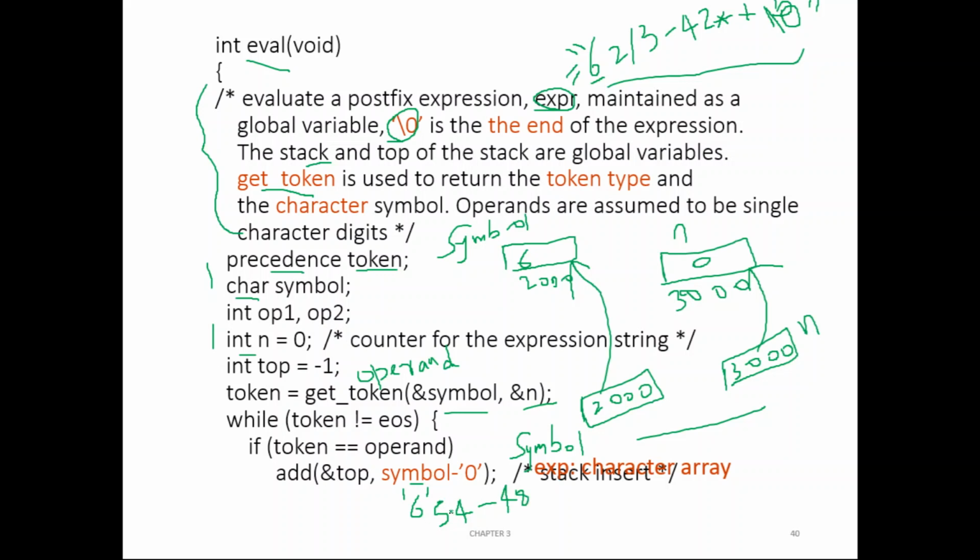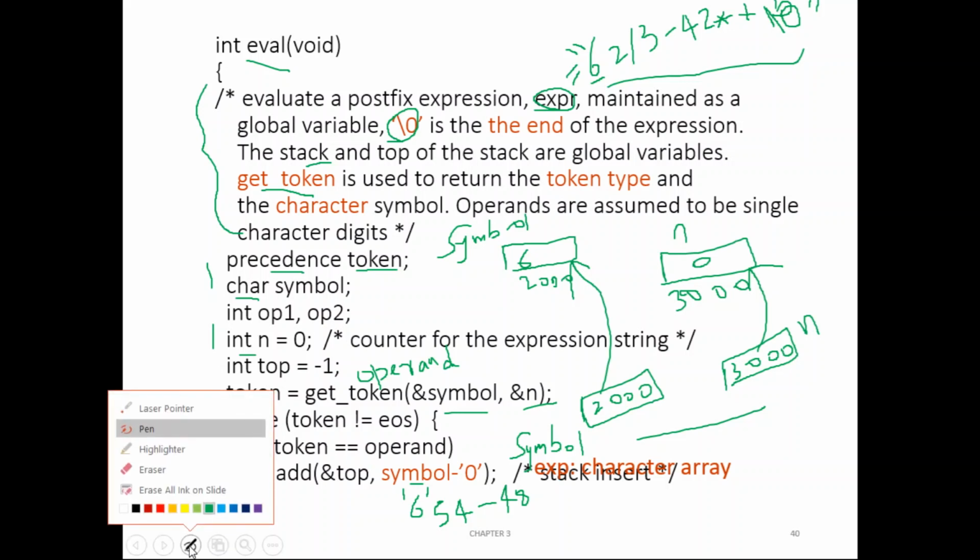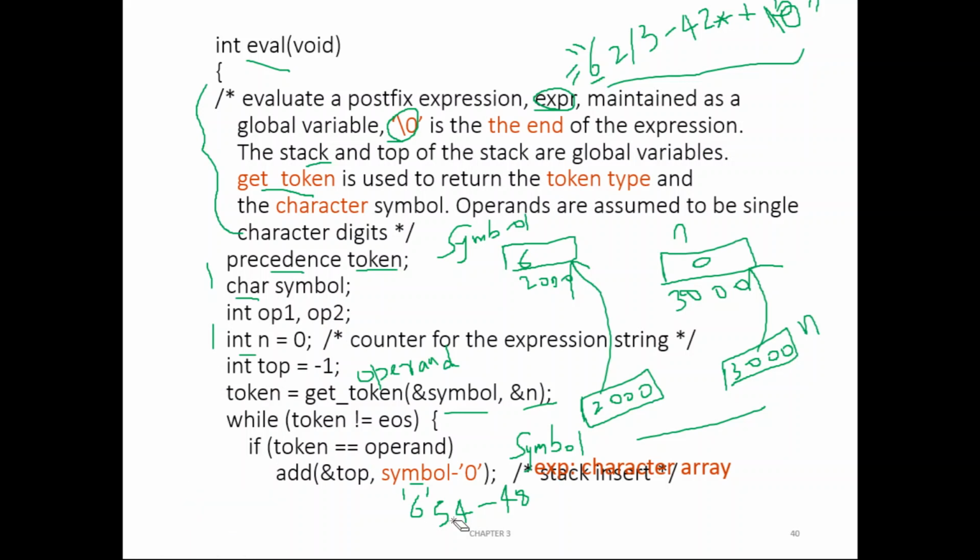Now we got the integer 6. Okay, this is a character 6. Now we got the integer 6, and that you are adding to the top of the stack. You can just do that with a push function. That should be added to the top of the stack. So that is what this statement is doing here. Like that it will work for any number 0 to 9, because we are assuming only one digit numbers. We are not taking any 2-digit number. Okay, next,